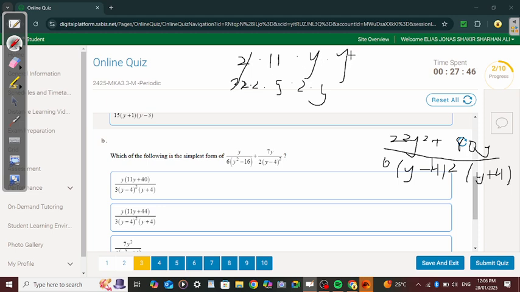So the greatest common factor is 2y. And then 11 multiplied by y is 11y. 2 multiplied by 2 is 4. 4 multiplied by 5 is 20. 20 multiplied by 2 is 40. So we're going to get 2y, 11y